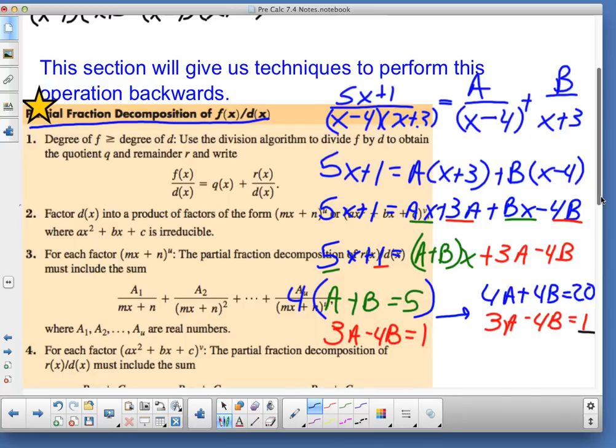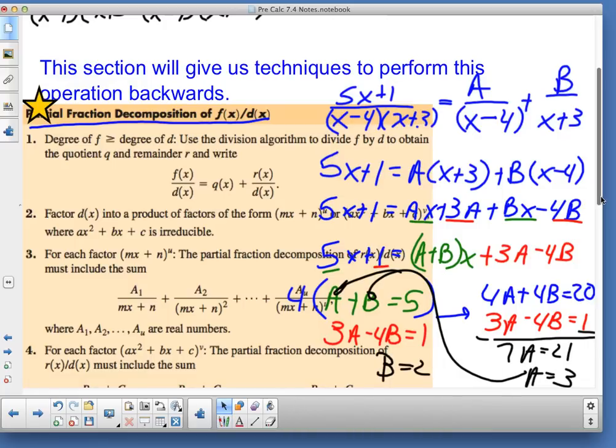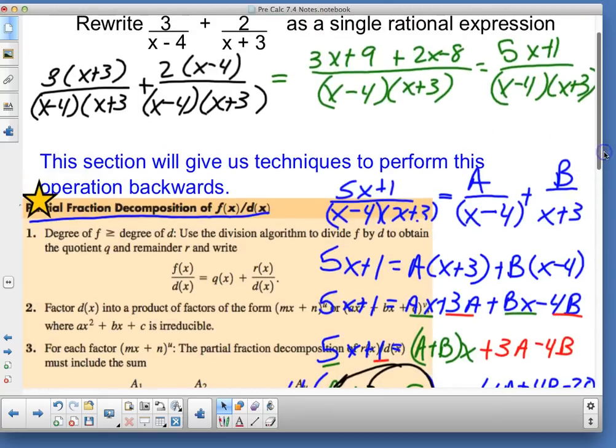And now I have a combination where 7a is equal to 21 and a is 3. And after I find out that a is 3, I can pop that back in to find b, and b is 2. So now I know a is 3, b is 2, and I can go back up here and say,